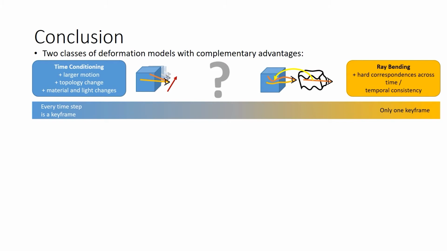We will hopefully see methods that fall somewhere in between in the future. We might also imagine a method that starts on the time conditioning end of the spectrum and anneals into a single keyframe over the course of training. Some limitations that should be lifted are, of course, the standard limitations of static NeRF. It is slow, supports only a limited scene size, has no prior on how the scenes look like beyond observations,